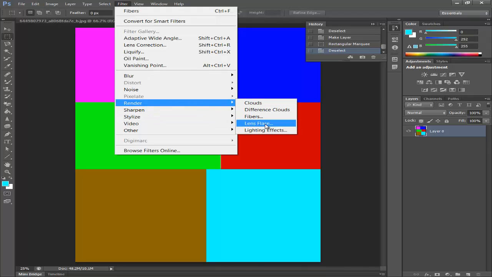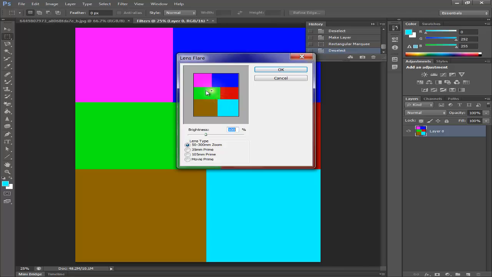So this one is my favorite as well, lens flare. It creates a lens flare in your image. You can change the brightness to make a dim eclipse. But just make sure you don't go